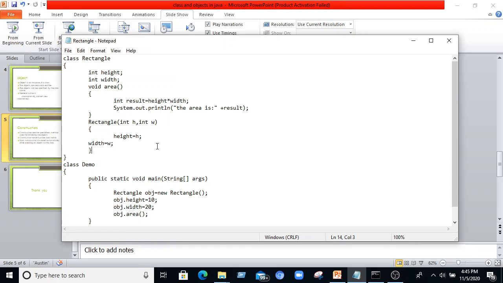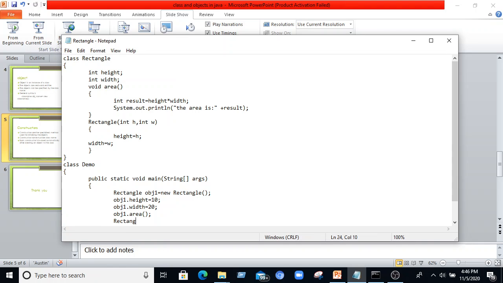I can create two objects. Object 1 is this. Object 1 invokes the simple constructor, and I am placing the object 2.